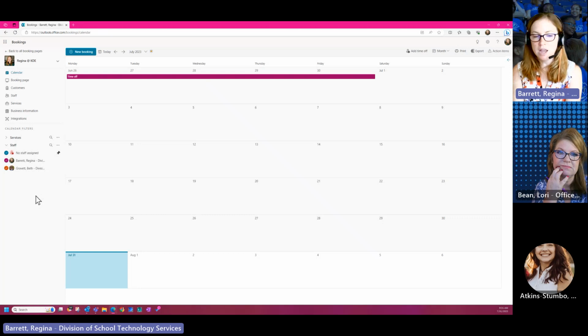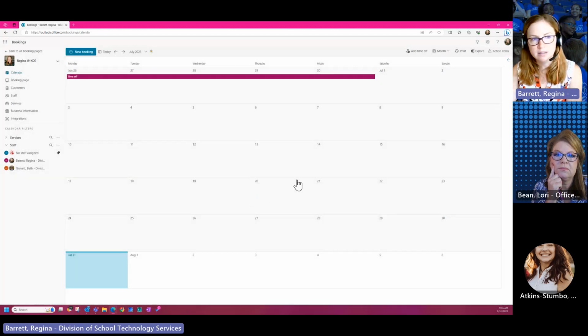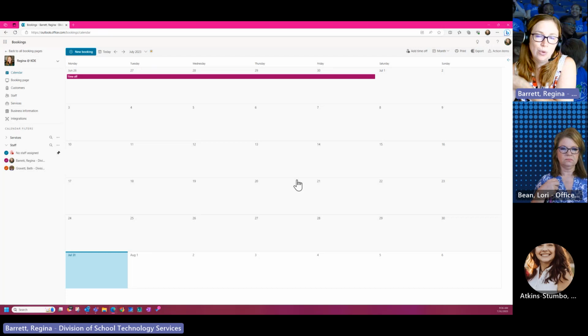You could either leave those external ones in Google and just continue to collect that through Google. If you wanted to do that through here instead, you could create a session that wasn't an online session, so it wasn't going to auto generate that meeting link, and then you do have the ability to export the data. So if you wanted to export it and send their portion out, you could maybe do that, but I don't know whether that would be easier or harder than just keeping the external stuff in a Google sheet.